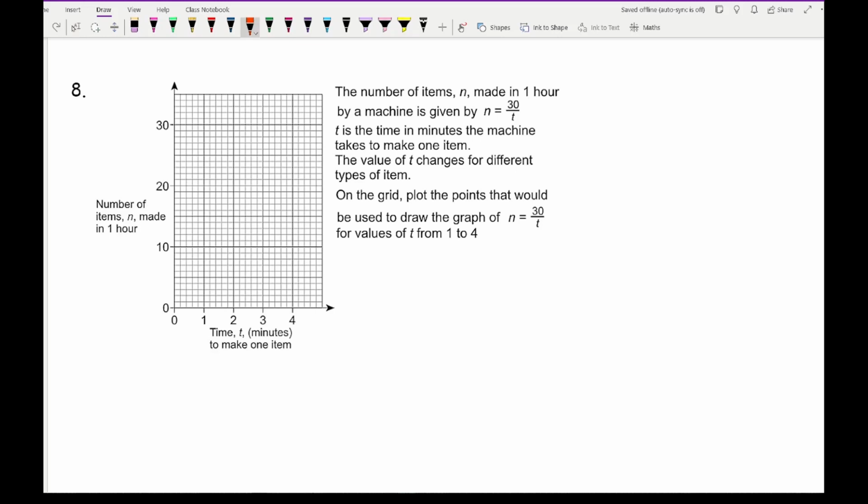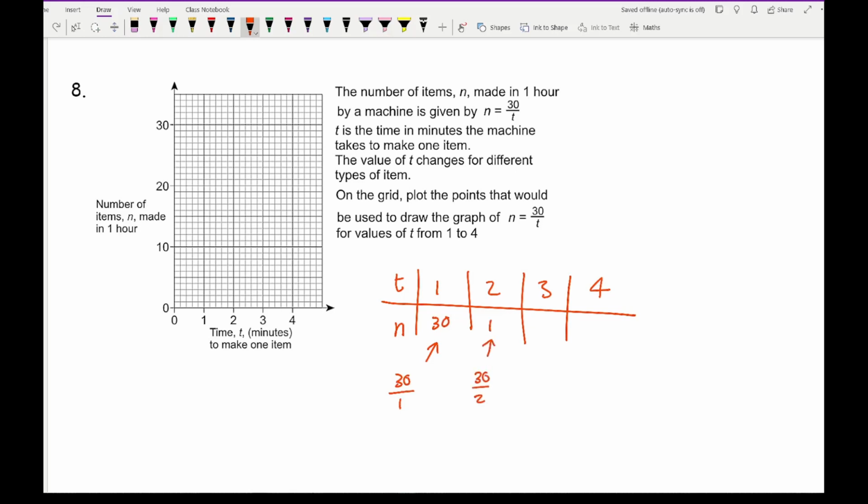So for this, what we need to do is we have a value of T and we have a value of n. So this acts as our x and y values. So we're looking for values of T when it's 1, 2, 3, and 4. So for this first one, I'm going to use this formula. It's going to be 30 divided by 1, which is 30. For this value, I'm going to do 30 divided by 2, which is 15. For this one, it's going to be 30 divided by 3, which is 10. And for this value, it's going to be 30 divided by 4, which is